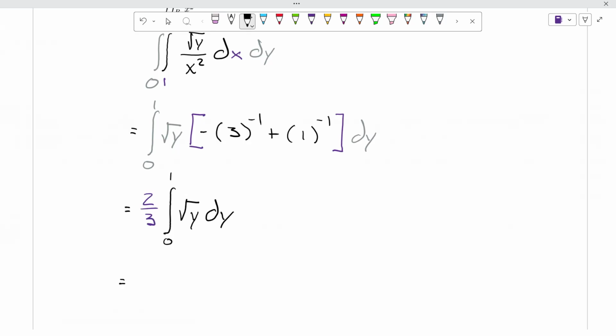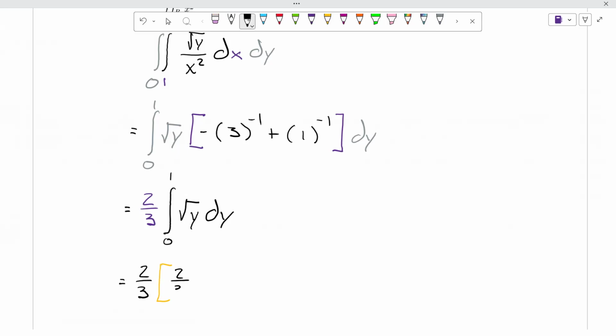And then that thing can also be integrated: 2/3 times... Let's see, if I integrate the square root of y, remember that the square root of something is really just something to the 1/2. So that'll be y to the 3/2 times 2/3, right? Y to the 3/2 divided by 3/2. So 2/3,